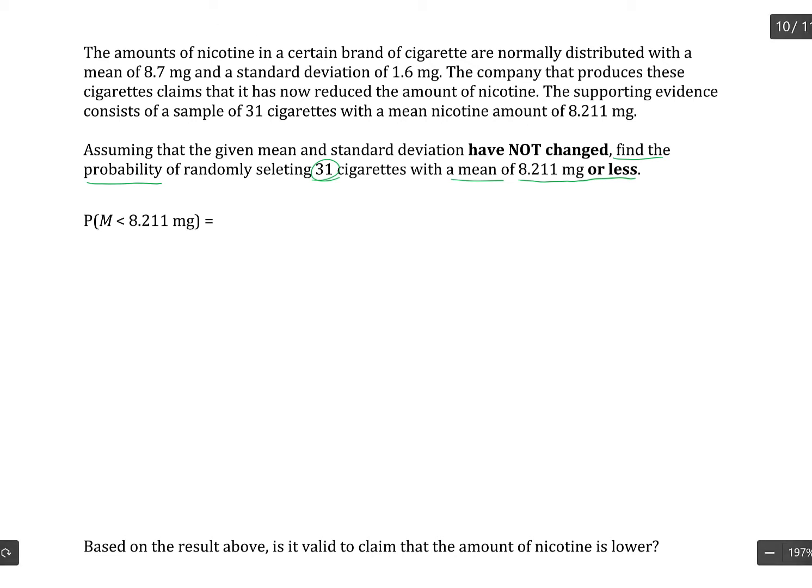We were told that the amounts of nicotine were normally distributed. We didn't actually have to be told that because we have a sample that is greater than 30, and the central limit theorem would have guaranteed that the sampling distribution would have been normally distributed anyway. Either way, we are working with a normally distributed set of data where the mean is